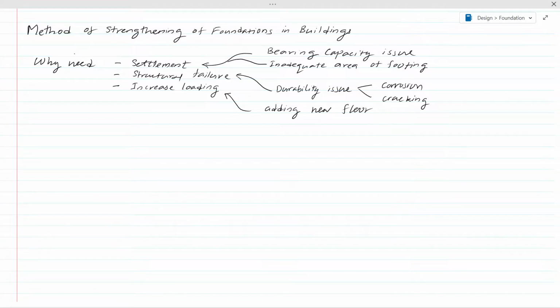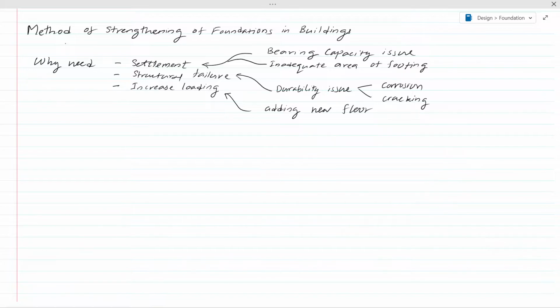Method of strengthening of foundation in buildings. Today we are going to discuss foundation improvement methods. Why we need to improve the foundations, that we are going to discuss today. At the end of this lesson, you will know the procedure you need to follow when you improve the